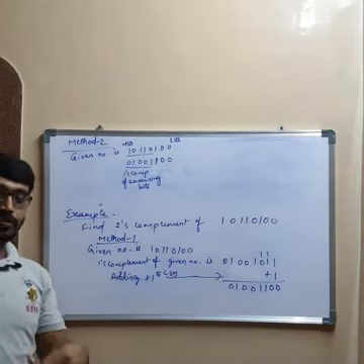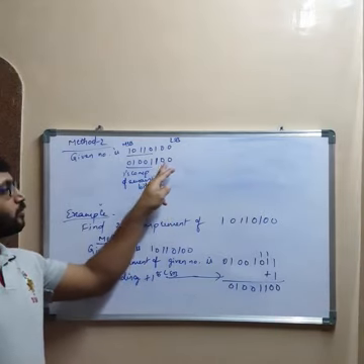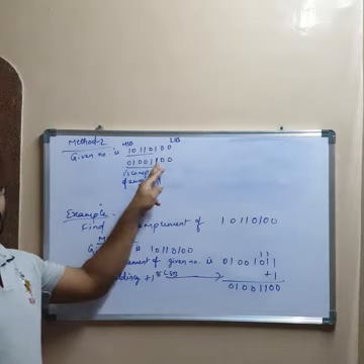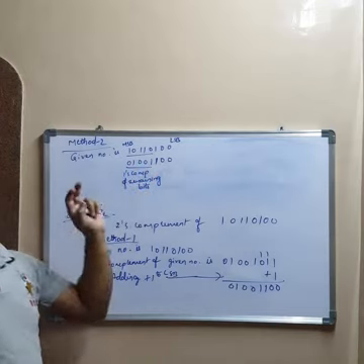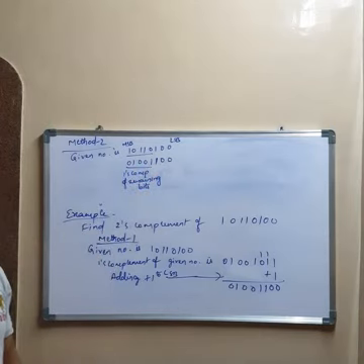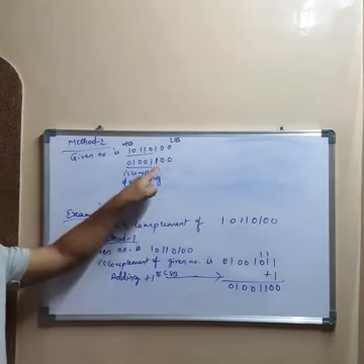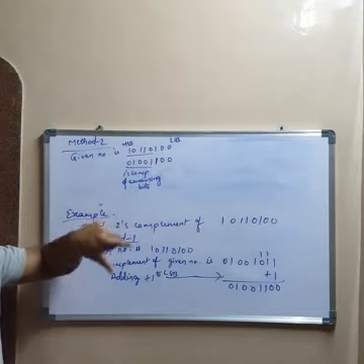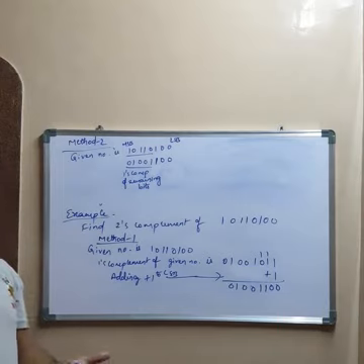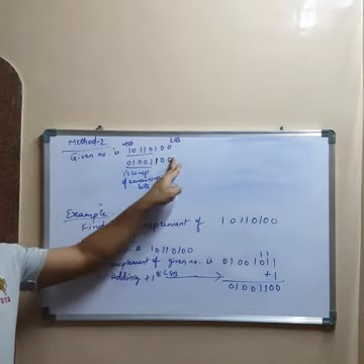So until the first one is obtained, you have to copy the bits as it is from the LSB. For the remaining bits, you have to find out the ones complement. So this is method 2. Within seconds, you can obtain the answer, that is finding the 2's complement of the given number by this method. So when you are writing competitive exams, if a question is asked like this, find out the 2's complement of the given number, you can simply follow method 2.